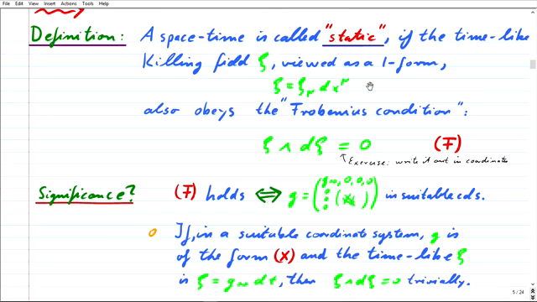One direction of this statement is easy to check. If the metric is of this form,